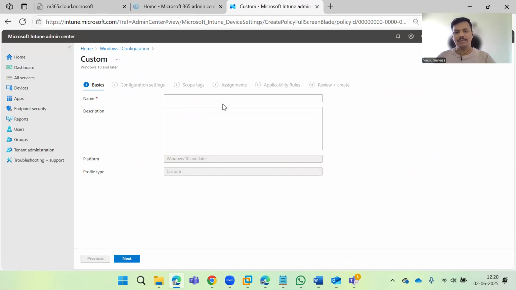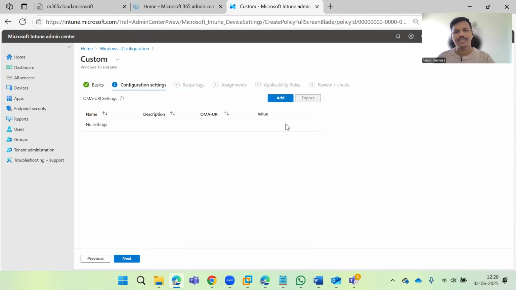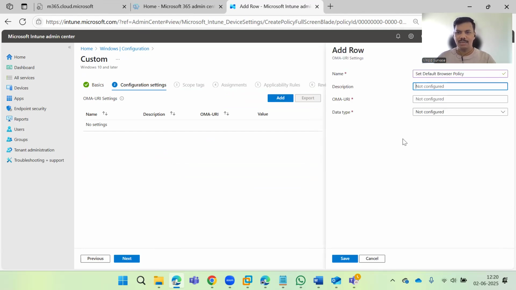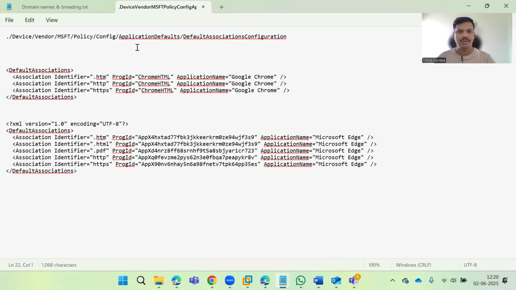So I'm going to give it a name here. This is the default name. Let's say Set Default Browser Policy, right? Then click next. So here is the OMA-URI that we need to add, right? I'm going to give it the same name and description, but we need to add this OMA-URI that's going to be added